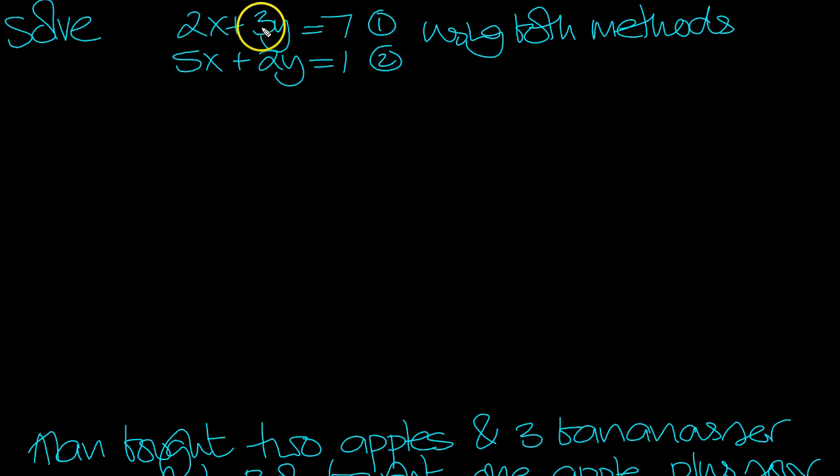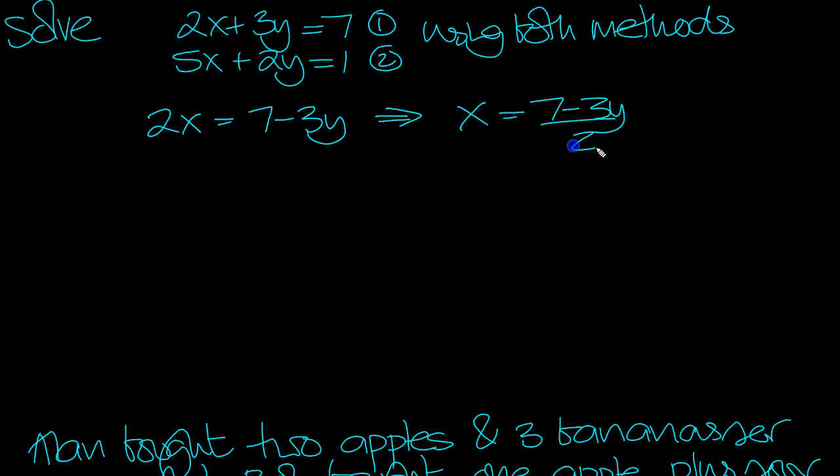The first thing is to get x, so 7 minus 3y. 2x equals 7 minus 3y. So x is equal to 7 minus 3y over 2, isn't it? Move the 2 down from times to divide on the other side. Sub in 2 gives then